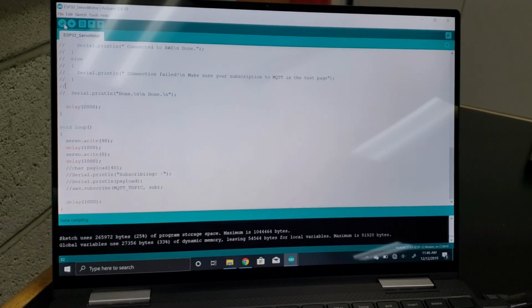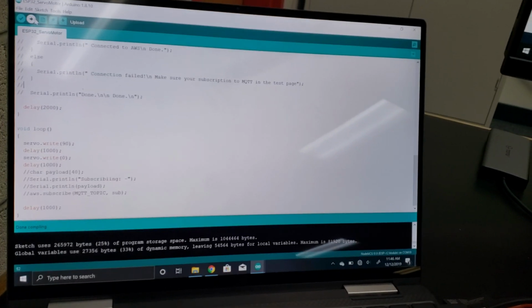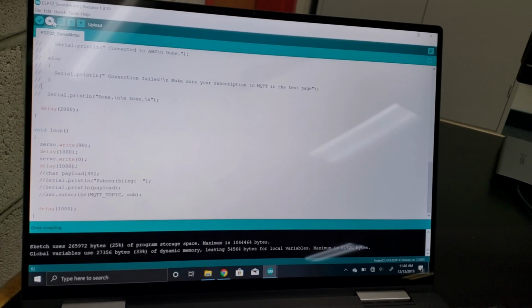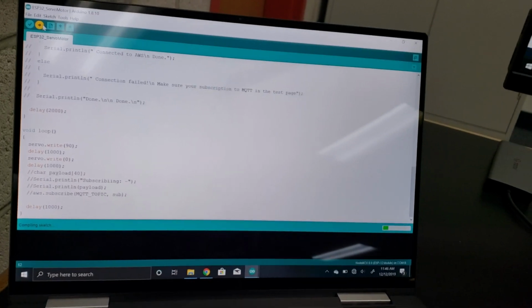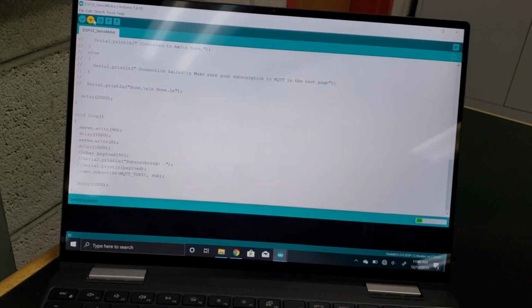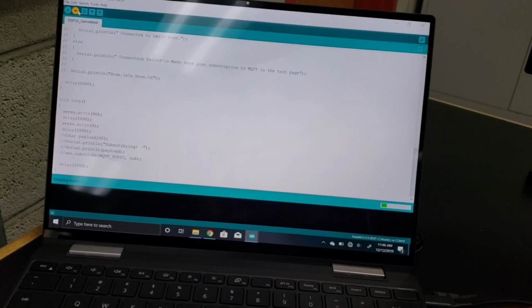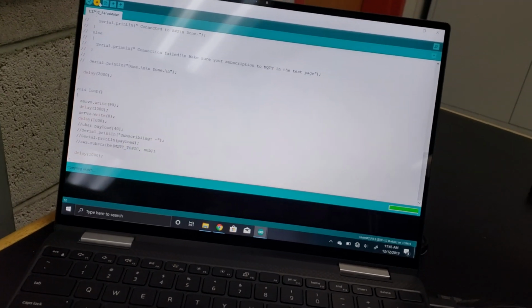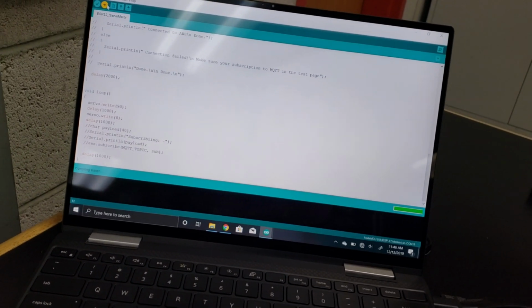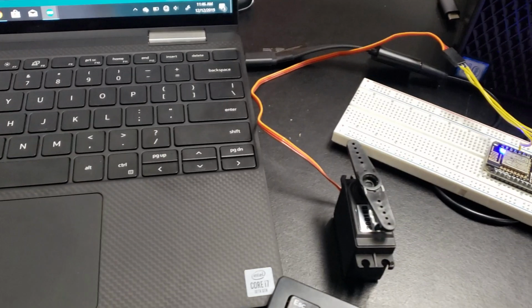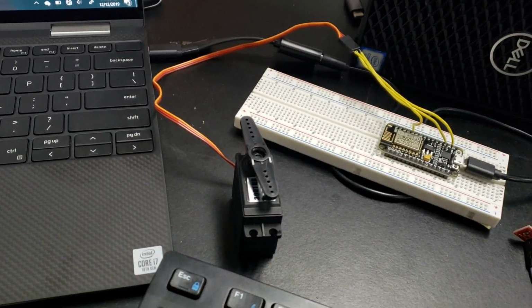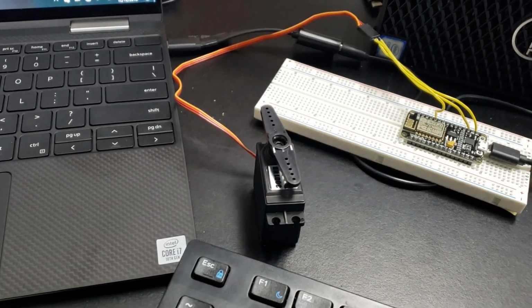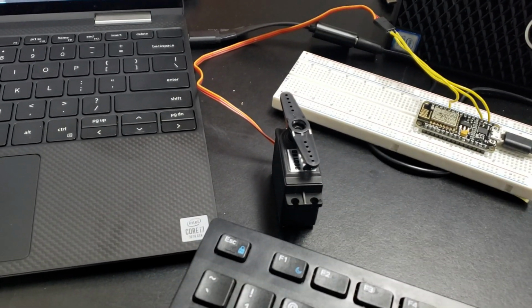So if I run this, what it's going to do is just run the motor from 0 to 90 degrees. Since it's not subscribing and receiving the data such as the temperature values and light sensors, it cannot determine whether to turn 0 to 90. So I just wanted to demonstrate that I actually have the second ESP working. If we wait, it's currently uploading, and you're going to see this ESP run this servo motor from 0 to